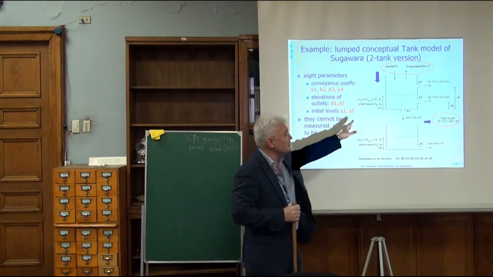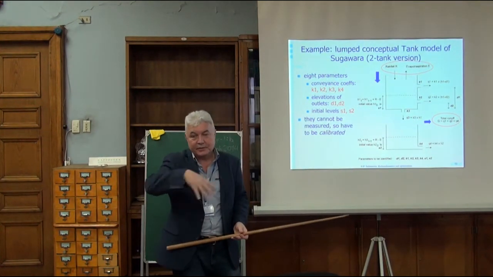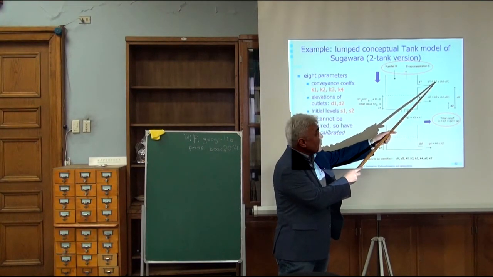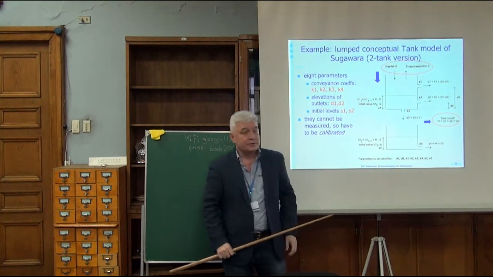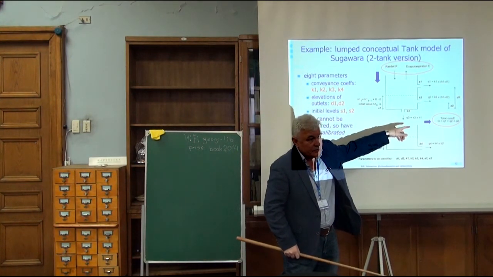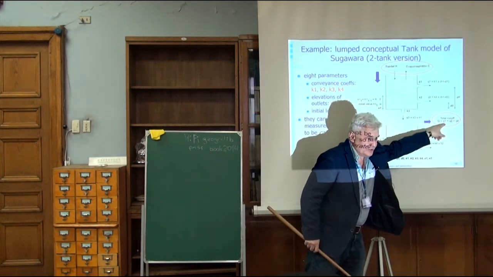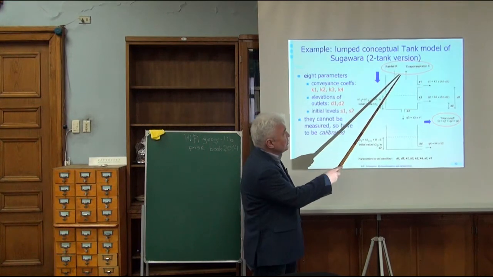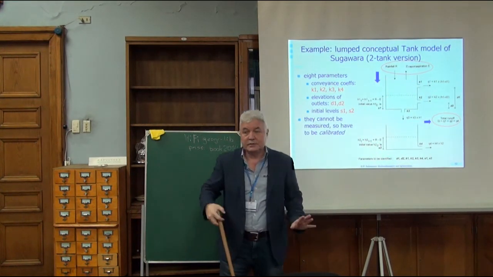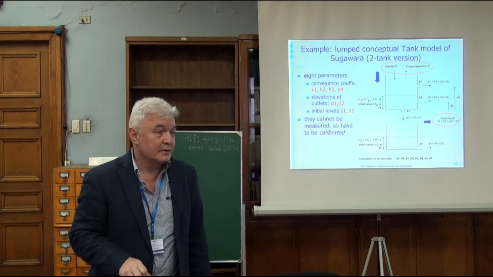In short, you cannot measure them, because they have no physical meaning. This is an aggregated parameter that takes up everything in, and it's just used as a coefficient of proportionality for calculating this internal flow. Also, this flow doesn't exist because it's aggregated, some sort of average flow. Okay? What we can measure is only this: we can measure only input, evapotranspiration to some extent, and total runoff. That's it. So how to find these parameters? By